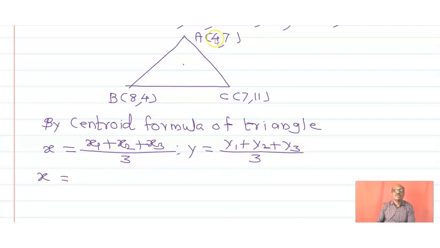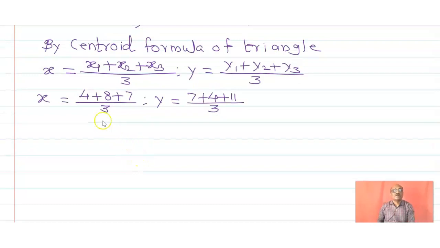Therefore x, how much does it come? 4 plus 8 plus 7, and this divided by 3. Y is equal to 7 plus 4 plus 11 upon 3. Okay. If we add it, then what will you get here? If we add it, 4 plus 8 that is 12. 12 plus 7, 19